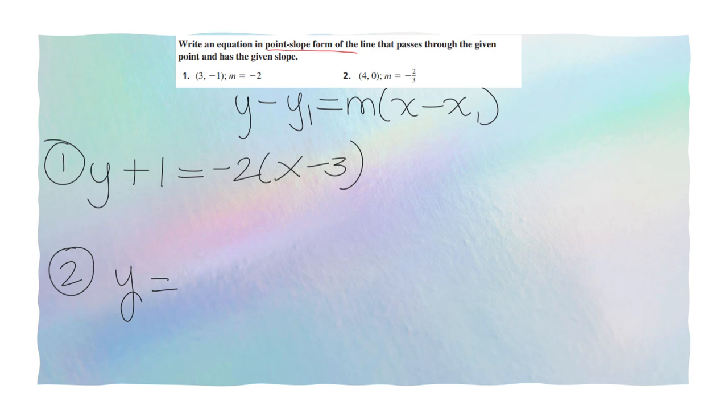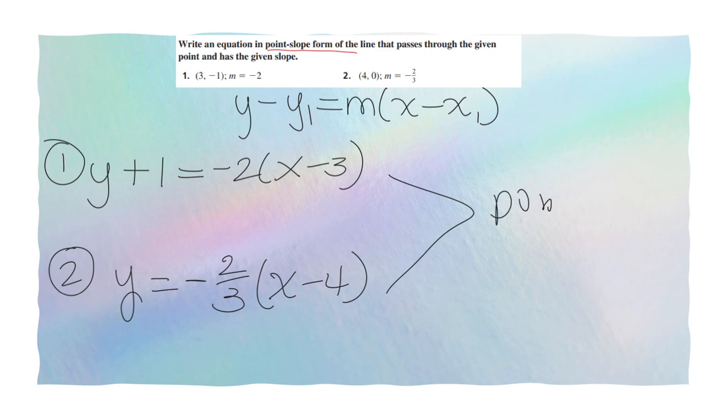It doesn't really do anything. If we were to move 0 around, it's not going to affect our equation, right? So it's going to be y equals -2/3 times x minus 4. And this here is in point slope